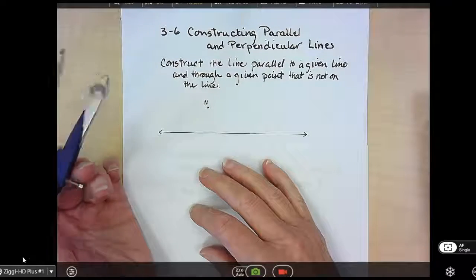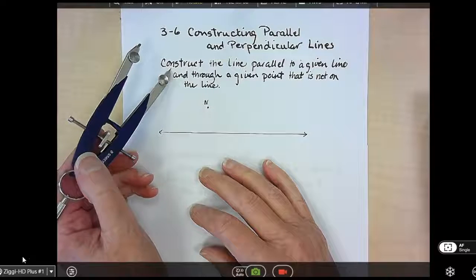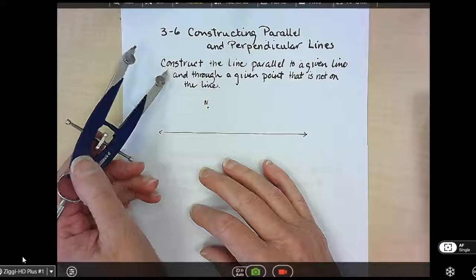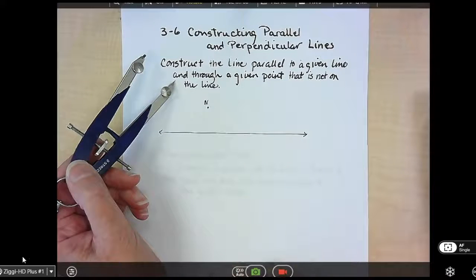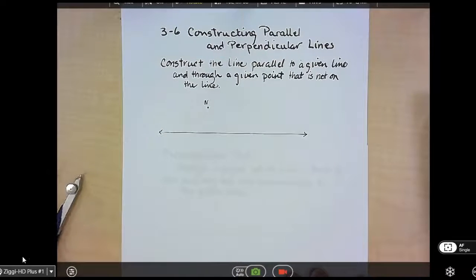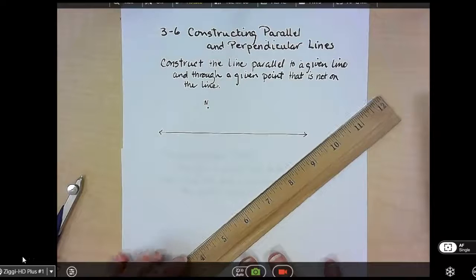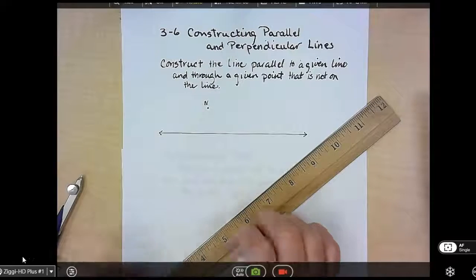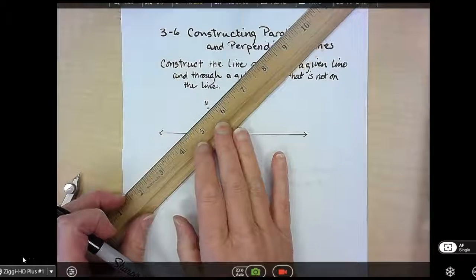All right, so first thing we're going to do is construct the line parallel to a given line and through a given point that is not on the line. So I have my original line there. I'm going to need to copy an angle. Well, we already learned how to copy an angle back in 1-6, but to remind you, you are going to